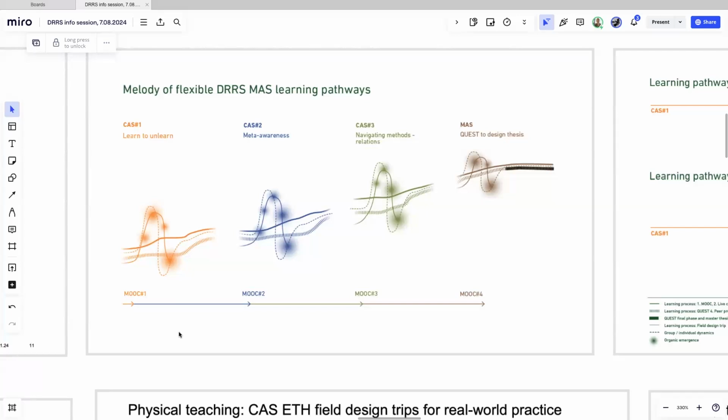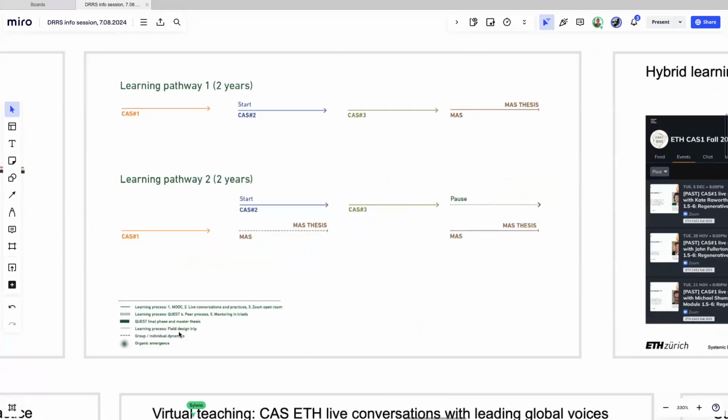We will get to the details of particular programs a bit later, but this graphic was actually shown to also refer to the next slide, if you can show it, Toby. So these are two exemplary proposals of how you can go across the modules.